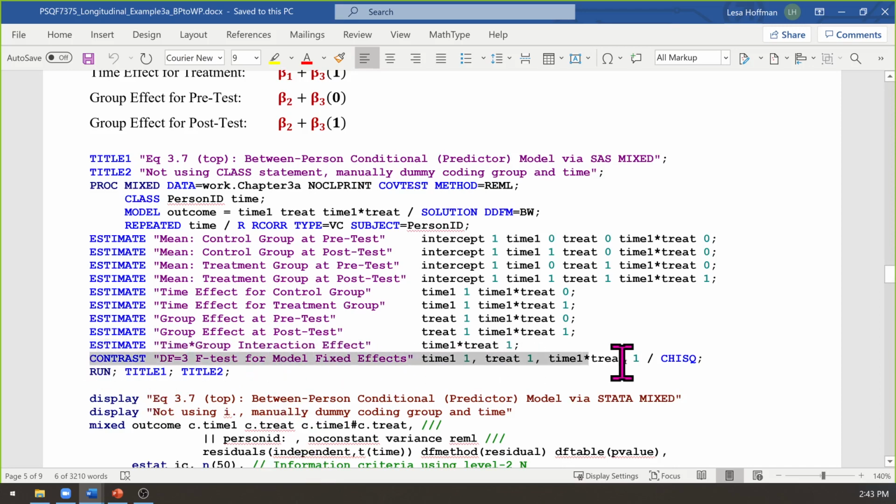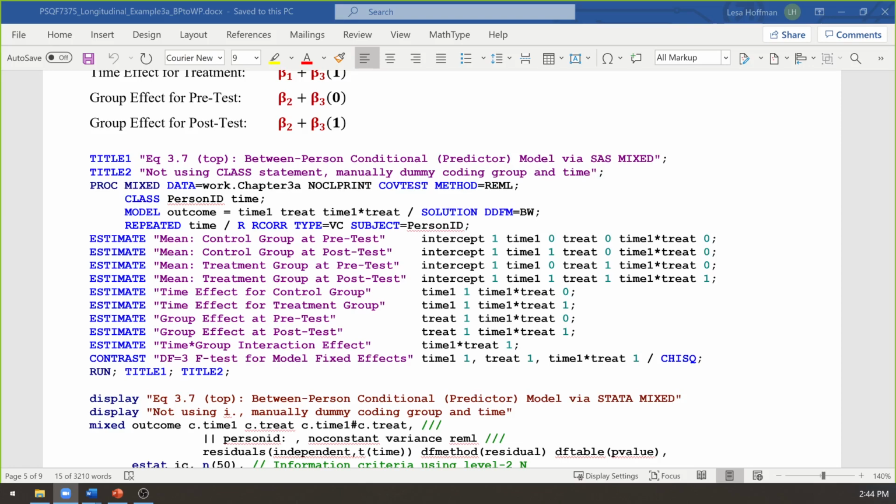Last but not least, the contrast line here. We don't get an F-test for our model by default anymore, like we used to in sums of squares land. So if you want that, you've got to ask for it. Contrast is a way to lump together any set of fixed effects for which you want a joint test of whether they're 0. So I want to lump together beta 1, beta 2, and beta 3 and test them all at the same time. The commas indicate that I want to test separate effects to create more than 1 degree of freedom for the numerator of the test, as opposed to somehow adding them or subtracting them.